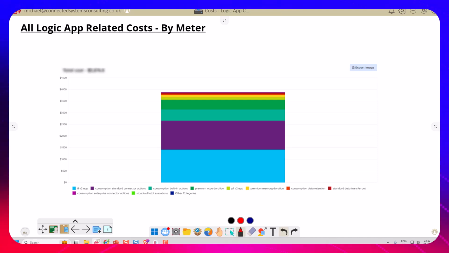First off, I've got a graph showing all of my Logic App related costs from a typical integration platform. Here I've got a breakdown by meter of all of the different types of costs. So you can see some of the ones that we'd call out here. This one's related to enterprise connectors used by Logic App consumption. There's consumption built-in actions,